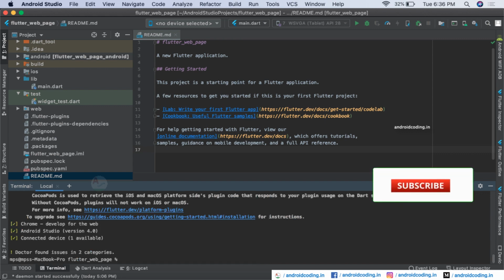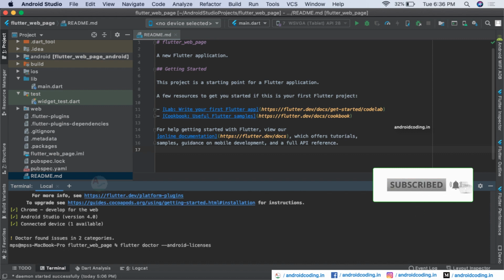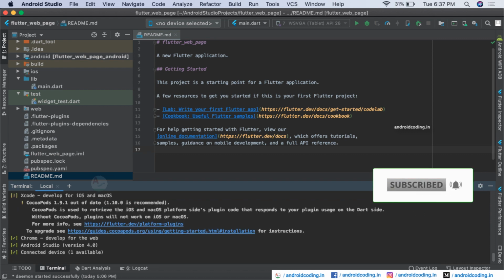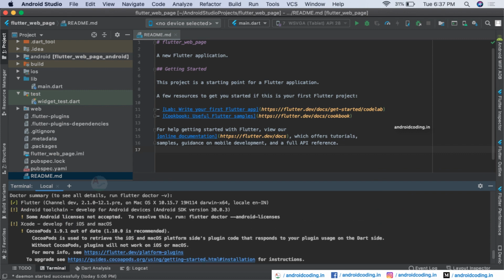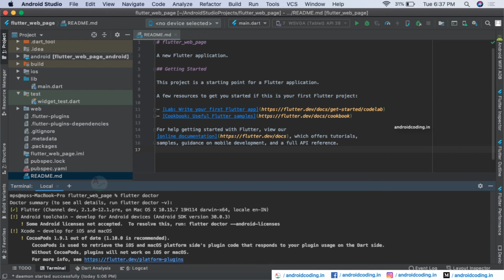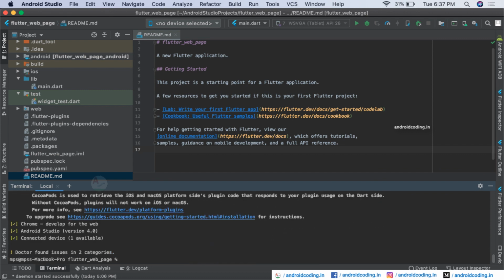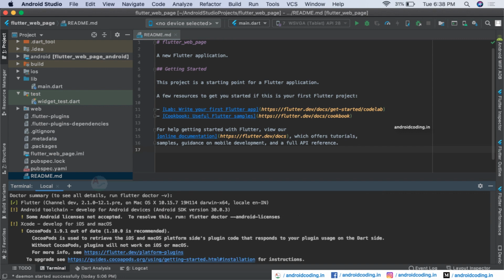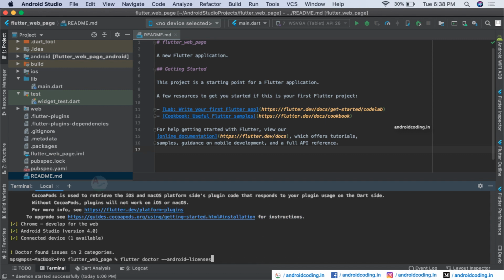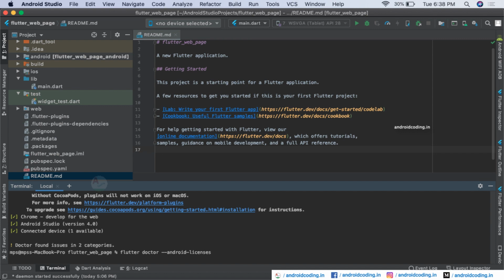Yes, it's still showing two issues, and again we can see our Android toolchain issue coming up. Now it's also showing a solution here to resolve this: run flutter doctor --android-licenses. Let us run this command and see.